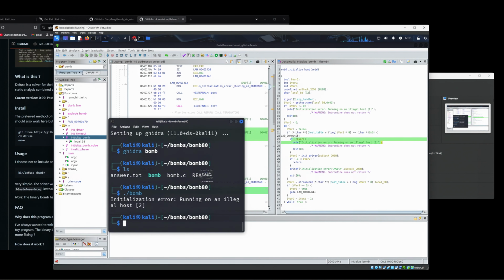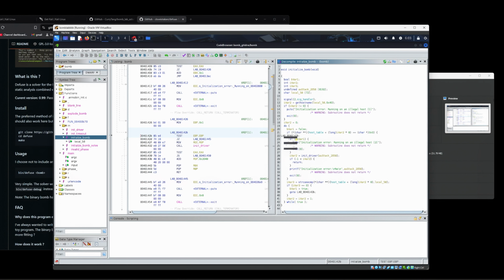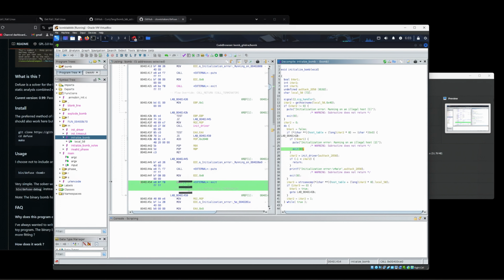So this file checks that I'm running it on the server and some stuff. And that's pretty boring, so to get around it, all you need to do is just change this check, or really just get rid of the exit statement. So that exit is right here,